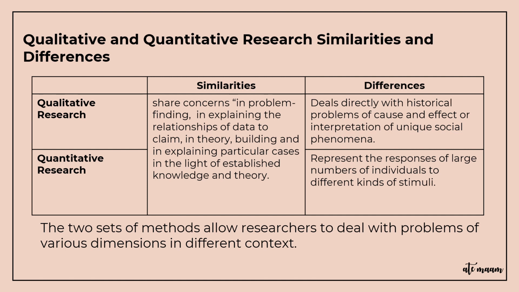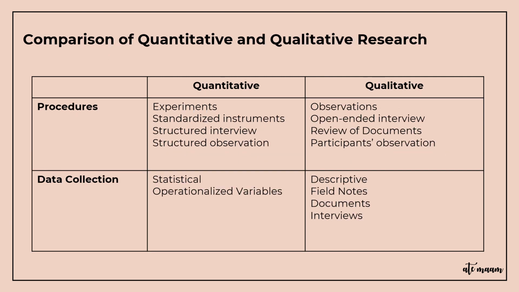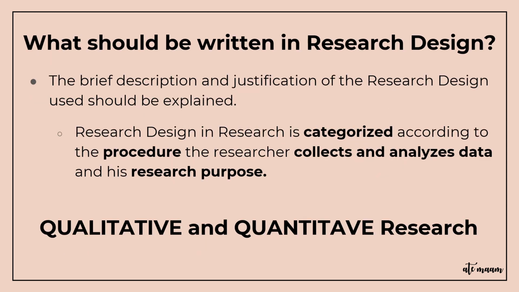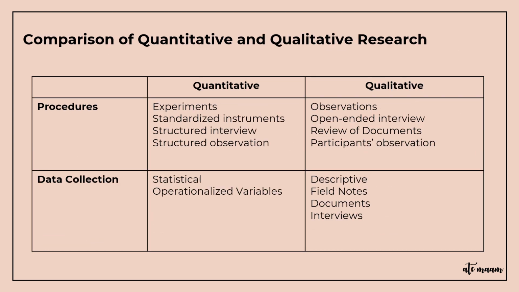The two sets of methods allow researchers to deal with problems of various dimensions in different contexts. So that is the purpose of qualitative and quantitative research design. Again, your research design is categorized according to the procedure in which the researcher collects and analyzes data and his research purpose. So we already know the research purpose. Now we want to know what are the procedures and the differences in procedures and data collection between quantitative and